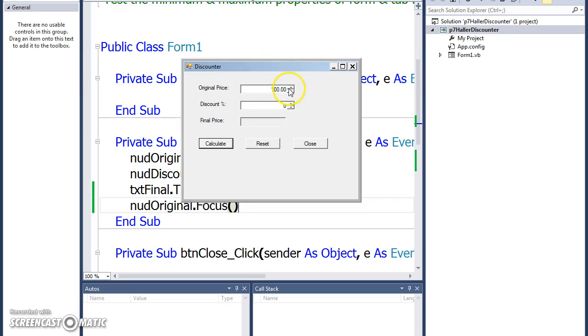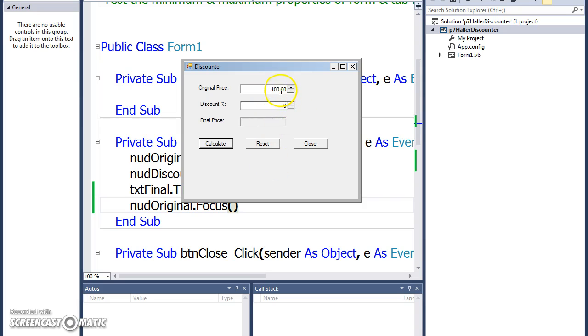So here's what I'm going to do. I'm going to change these values a little bit, and I'm going to make this something. And now I'm going to hit my reset button. Notice right now my cursor is here next to the 4 in discount. I click reset. So this became 100, this became 0, this is still blank,